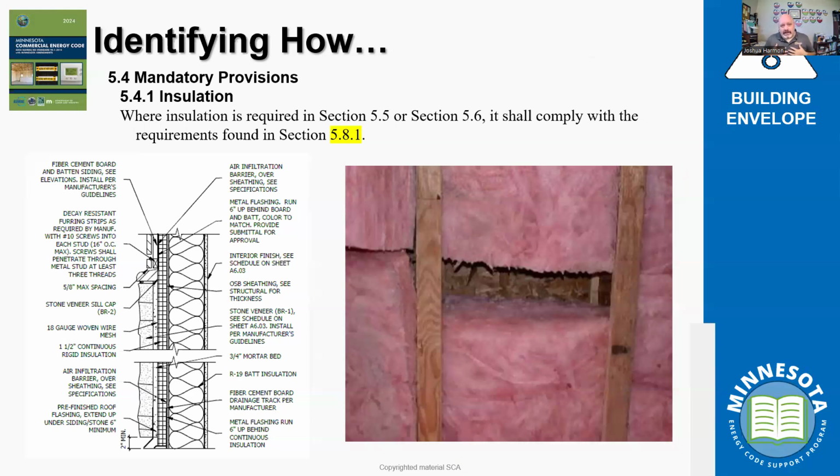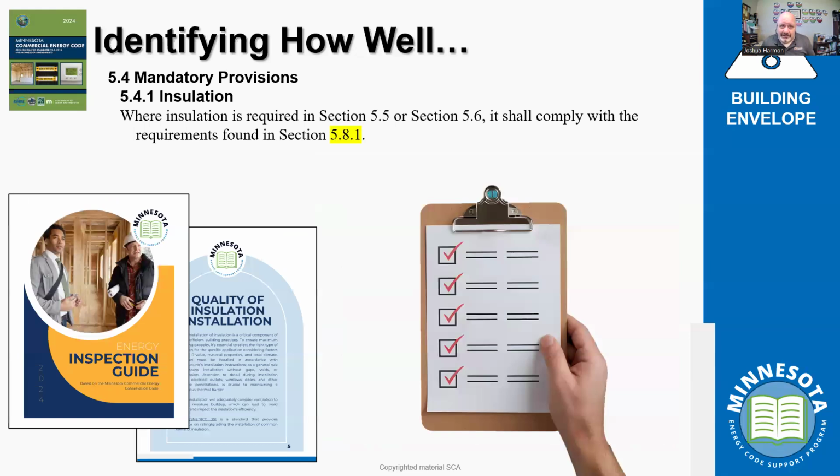This is again where periodic inspections by inspectors may not be adequate. Depending on the design criteria or on the compliance path, they may need additional special inspections or inspections and reviews by commissioning agents, again, outside of our evaluation. But if just seeing this little break, the contractor puts in a break in the insulation, that's not how it was supposed to be installed, right? And so this is one of those corrections that needs to be addressed. Because again, it's not just a question of how and identifying how, but how well, right?